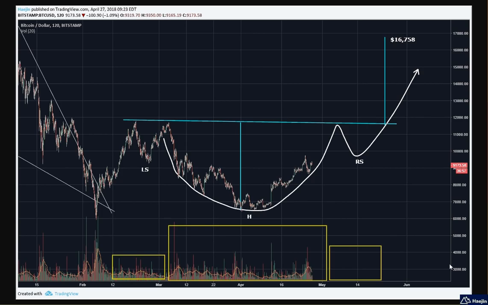So I think overall, whatever squiggles and wiggles it does right now in the short term doesn't matter. You might want to keep a better eye on the bigger and longer term perspective. So 16,758 is the minimum one. They call it minimum for a reason. The reason is because it's mostly exceeded. And I think that's going to exceed the 20K. But we'll see. I'm not making the call of that exactly. It's just that I'm thinking of it right now. But I would not be surprised that as we go into maybe May, I'll be making a solid call for 20K plus targets.